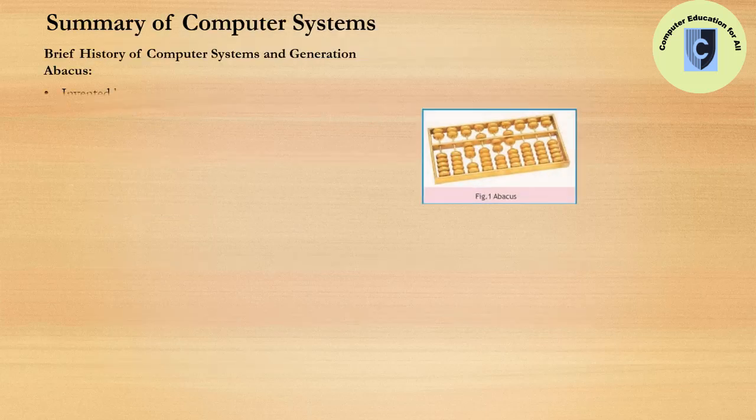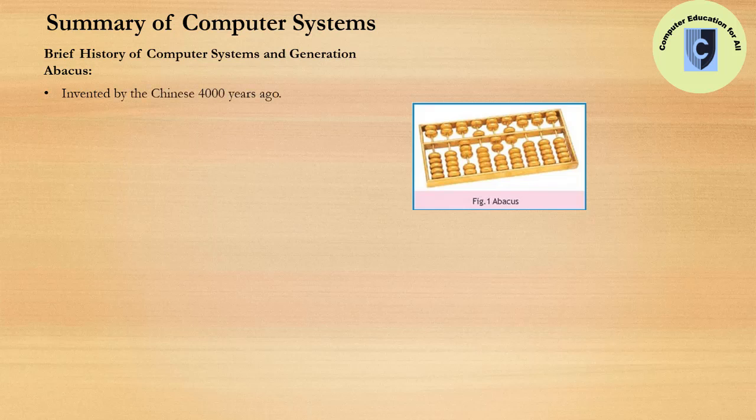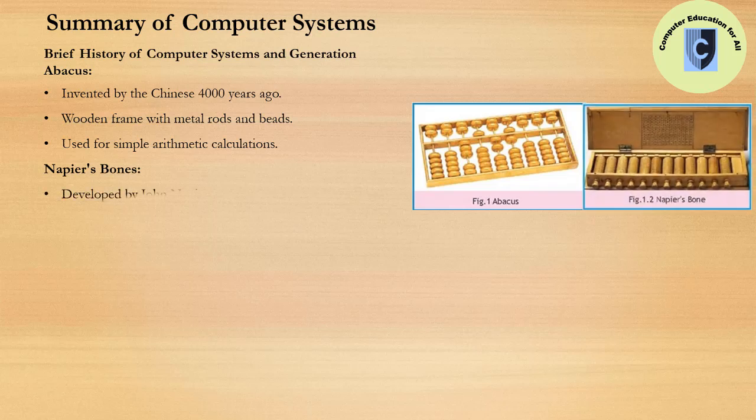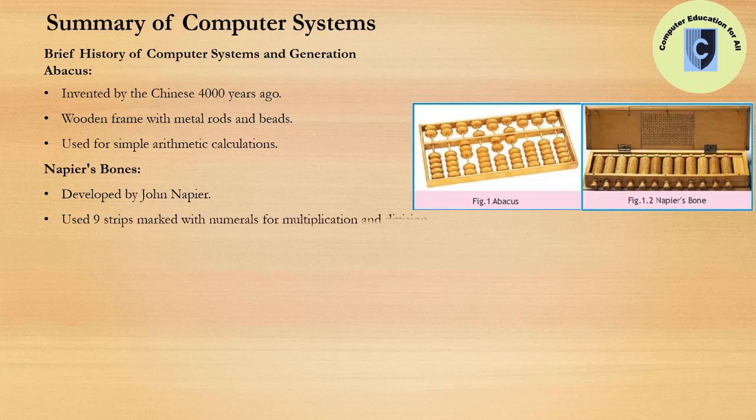Abacus. The abacus, invented by the Chinese 4,000 years ago, was a wooden frame with metal rods and beads used for simple arithmetic calculations. Napier's bones. John Napier developed Napier's bones, which used 9 strips marked with numerals for multiplication and division, introducing the decimal point system. Pascaline, Blaise Pascal's